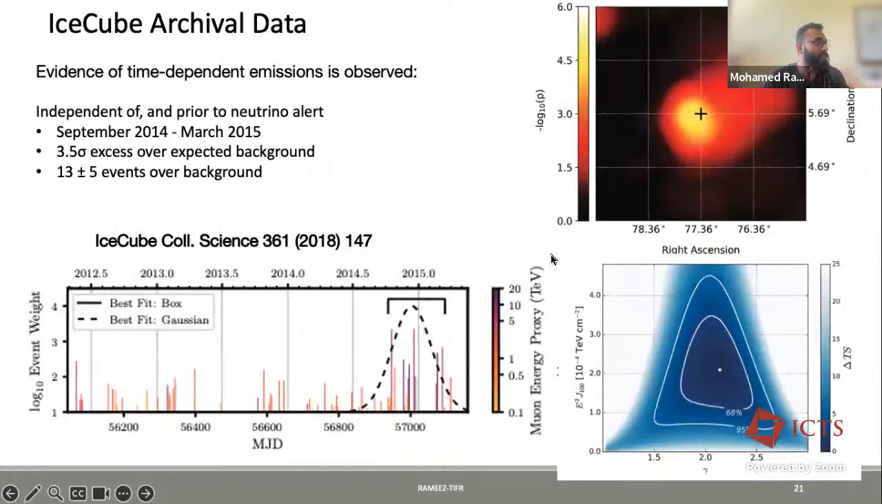But motivated by the fact that we believe this source is somewhat special because of a correlation with this event, we actually took our archival data and looked at that direction in past data, and we also found a statistically significant clustering in neutrinos during a previous period, between September 2014 and September 2015, and that alone is also a 3.5 sigma excess over the expected background. However, this flare did not, to the extent of our knowledge, have any gamma ray flare associated